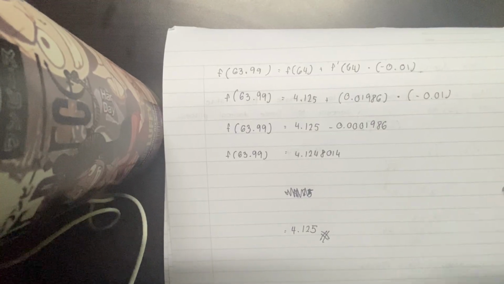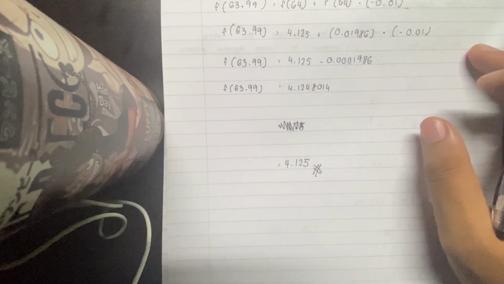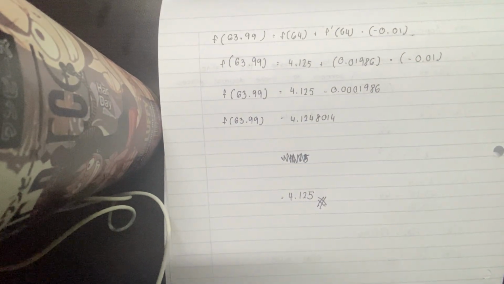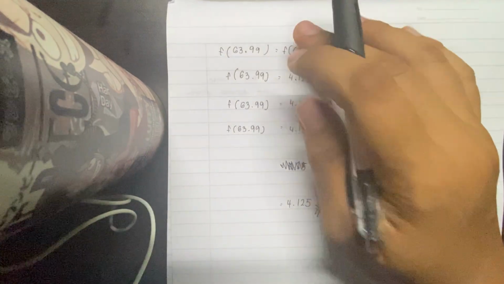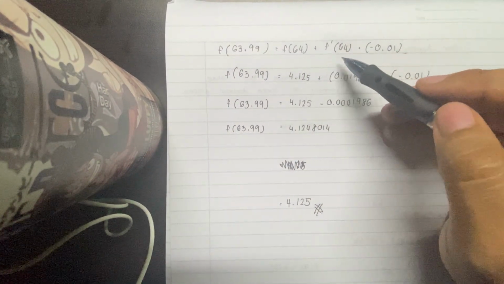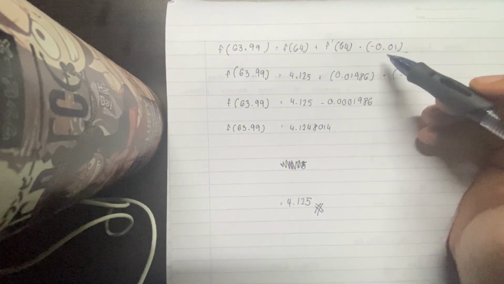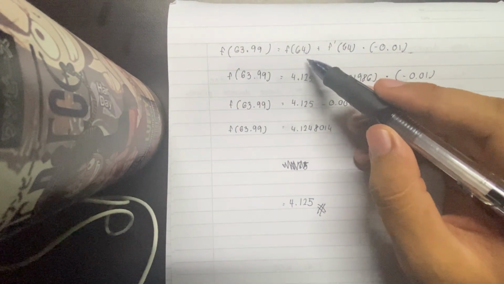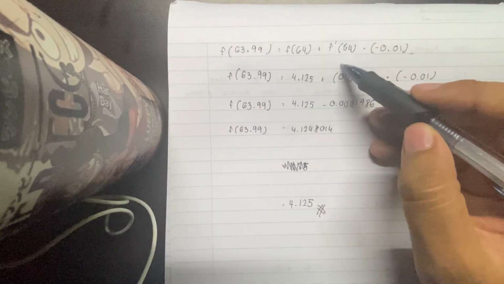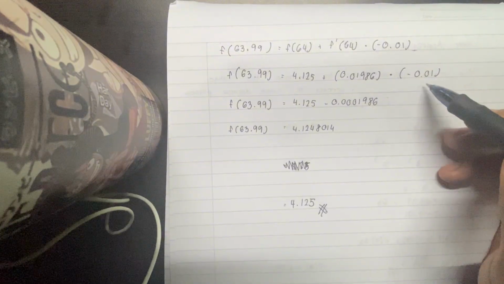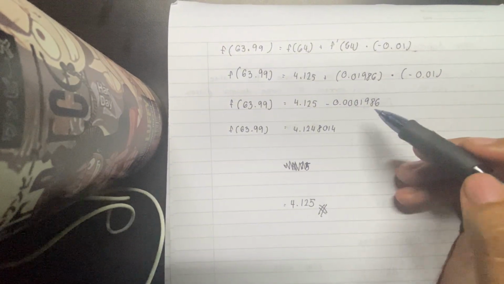Alright, so we already have our f(a), our f prime(a), and also delta x. So we just need to put them back into our formula. Our formula earlier is f(x), where x is 63.99, a is 64, and f prime(64) times our delta x, negative 0.01. We got f(64) as 4.125, plus f prime(64), 0.01986, times our delta x, negative 0.01. Then solve it like usual, and you will get